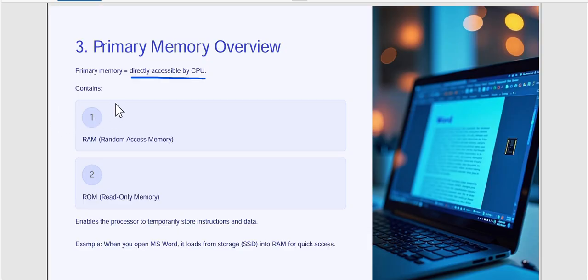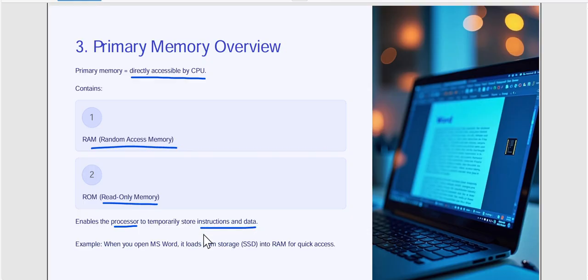And there are two types of primary memory. Number one is RAM, which stands for random access memory. Number two is ROM, which is read only memory. So RAM, or you can say the primary memory, or the main memory, basically enables the processor to